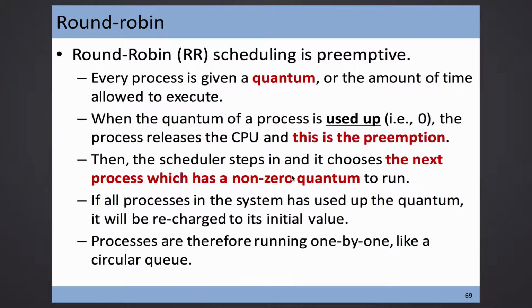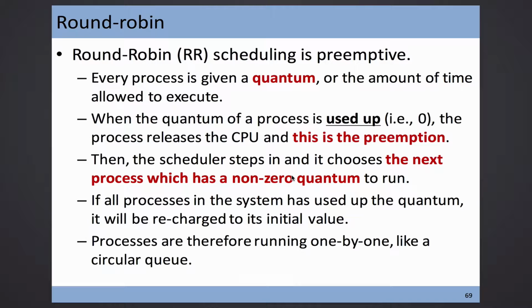And imagine the case that the quantum is small enough. Let's say every process receives only 2 milliseconds. So what is the aggregate result? The aggregate result is a lot of context switching, but you will have a feeling that every process runs in parallel. Imagine every process goes to the CPU for 2 milliseconds, and let's say the switch between one and another is negligible. Then the illusion is that every process runs together.